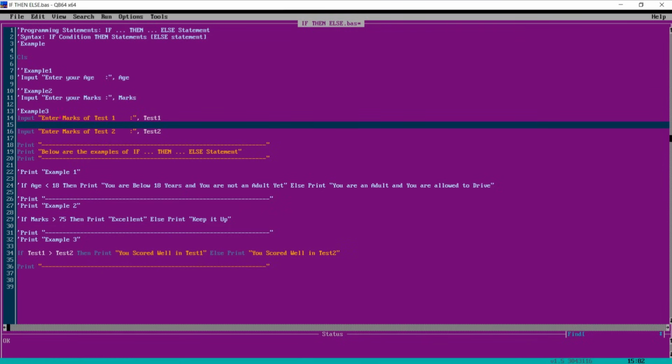So this time example 3 input and print this. So we will enter marks of test 1, test 2. Then there will be a comparison of test 1 and test 2. If the score of test 1 is higher or greater than test 2, then you scored well in test 1, else you scored well in test 2. Let's see.